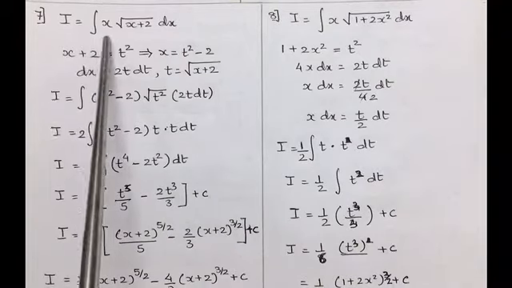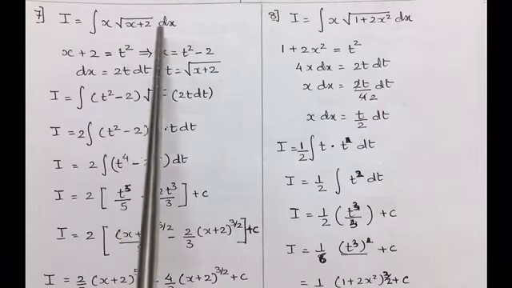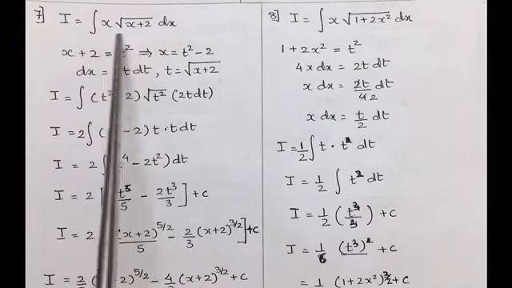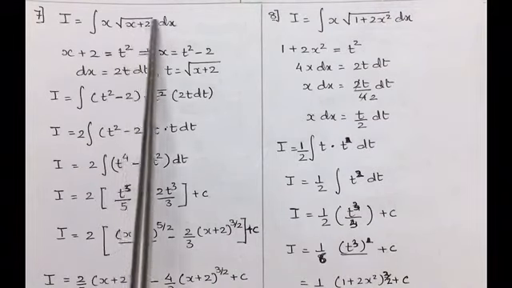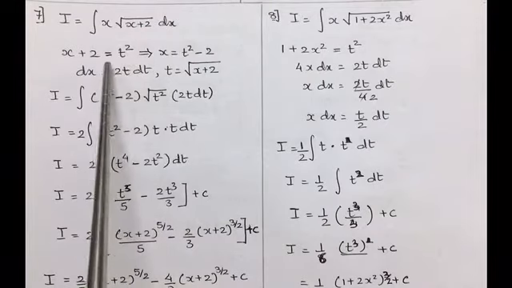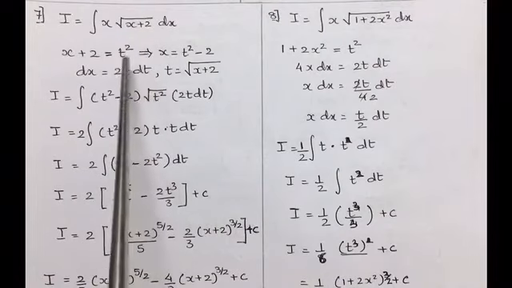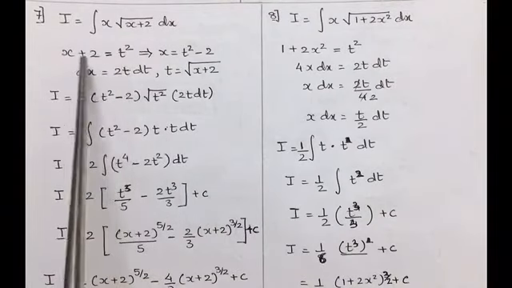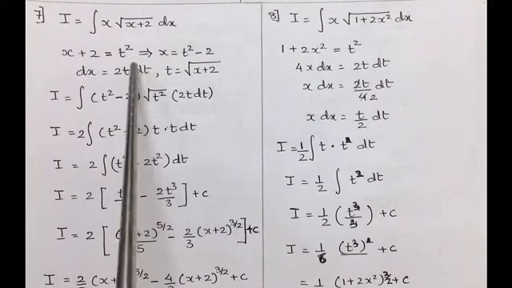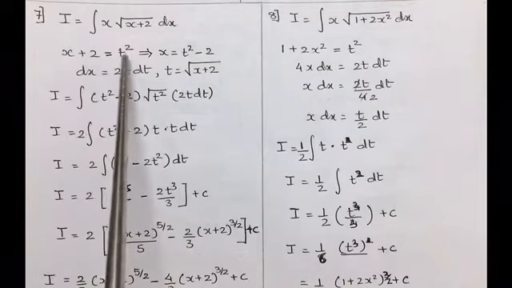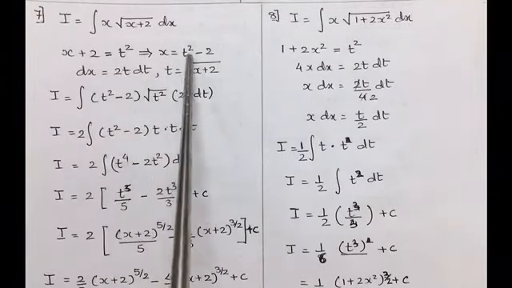Seventh one is, again it is given in the form of multiplication. So integration x root of x plus 2 dx. There is no direct standard integration, so we have assumed whatever is given inside the root as t square. Now why is t square assumed? Because the root sign is there. You can even assume x plus 2 as t also. Both ways the answer will remain the same. Now if x plus 2 is equal to t square, this implies the value of x is t square minus 2.